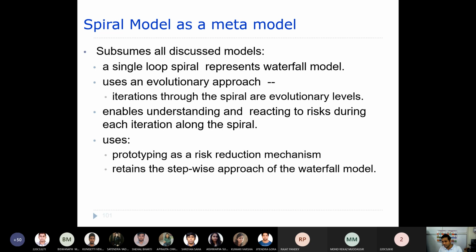Okay, so one student asked me, sir, is it iterative or not? So is it clear to you now? Yes, clear, sir. Now it is clear. Yes, I got to know, sir. We can combine many models. Yes. So a mixture of that is the reason why it is a meta model.